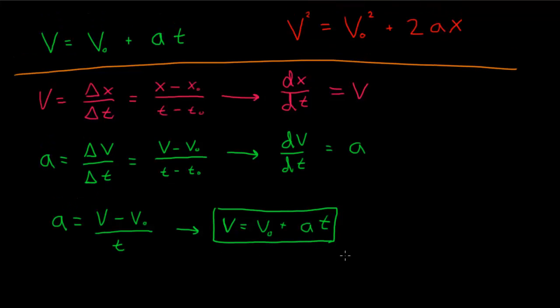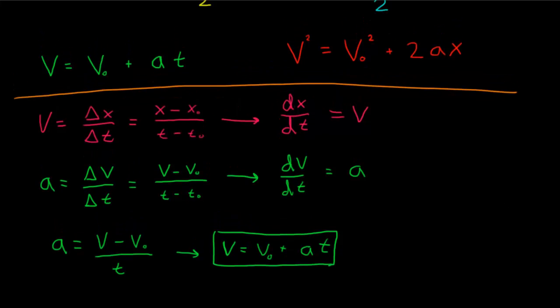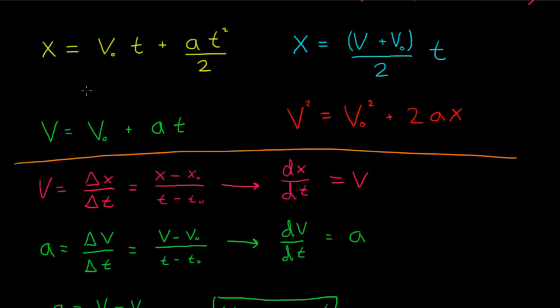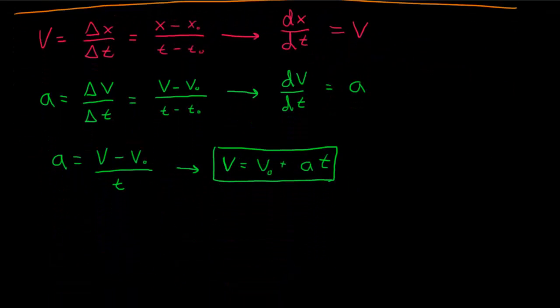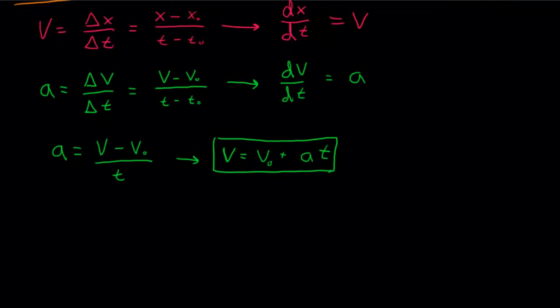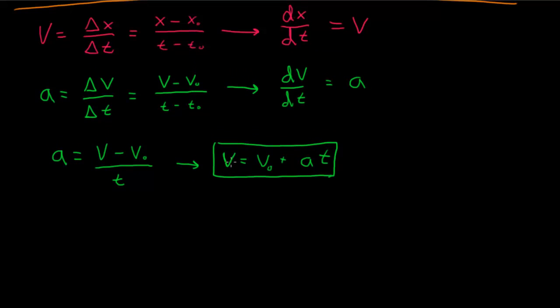So now that we have our first kinematic equation, let's work on getting our second. And the second one we'll go for is this one written in yellow here that deals with the position as well. So to get this, I'm going to rewrite this equation here, but use the definition of velocity. I'm going to substitute that in here. So instead of v, I'm going to write dx/dt equals v naught. So the initial velocity is not a function of time, it's just we've picked that time as our reference, and this is our reference velocity, v naught,